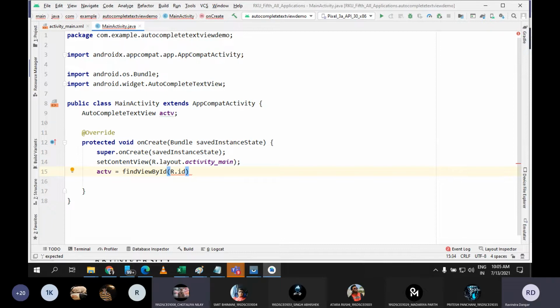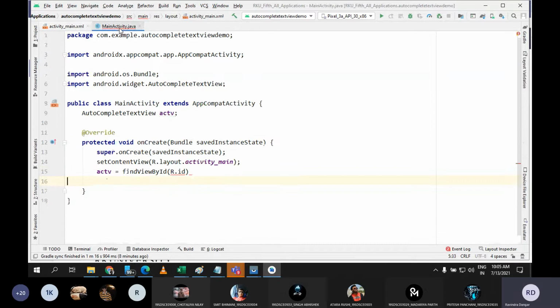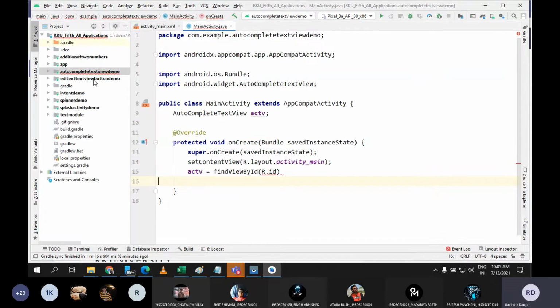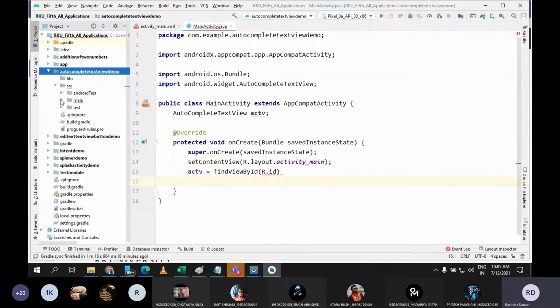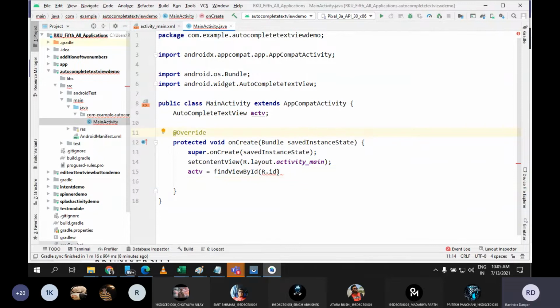Yeah. So inside the Java file only I am writing the code. So don't worry. But my question is, inside the XML file I have already created the ID, but somehow I am not able to fetch that ID inside the Java file. Why? This is what I'm thinking. Is it the Java file for this one only? Yeah, it is the same file. What could be the reason?